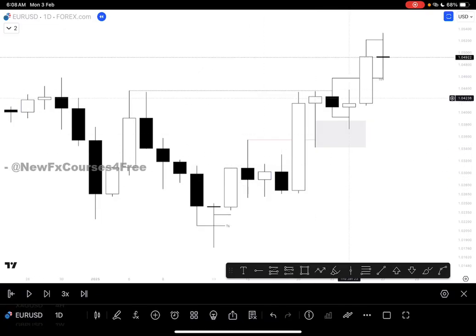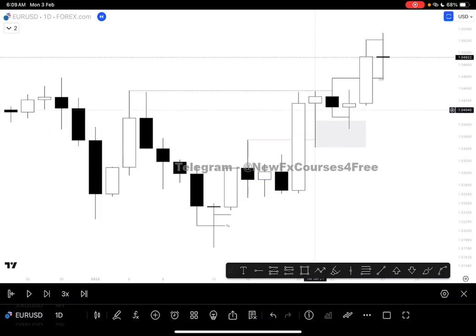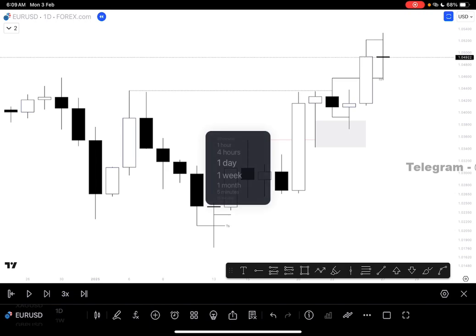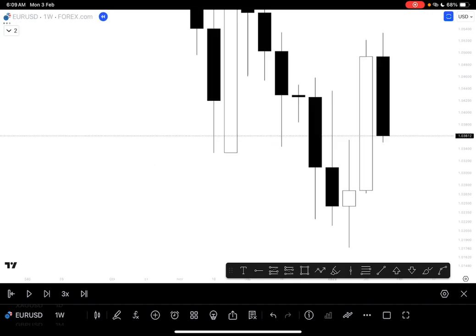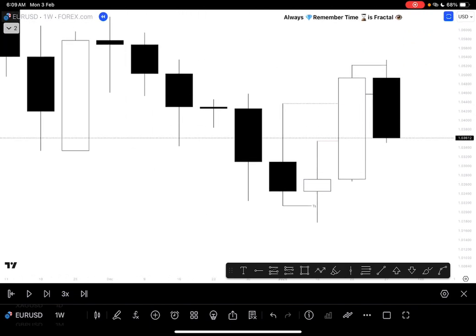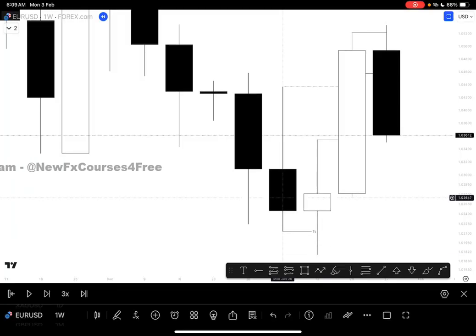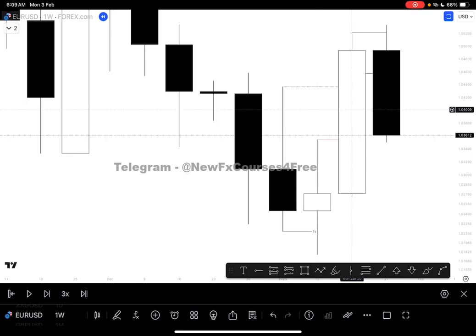Same thing here, a ranging candle sweeping below into the midpoint of this rejection block and closing above, higher prices. Same thing on the weekly time frame. Here, range sweeping below, closing above, target opposite side of the range,